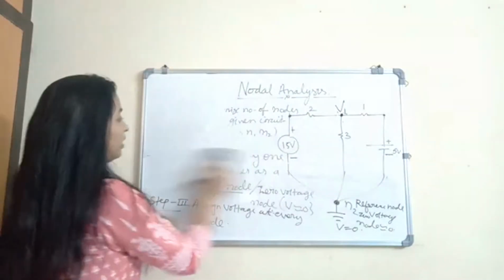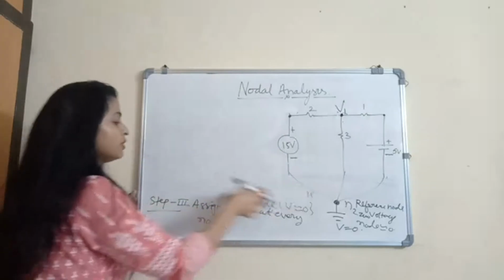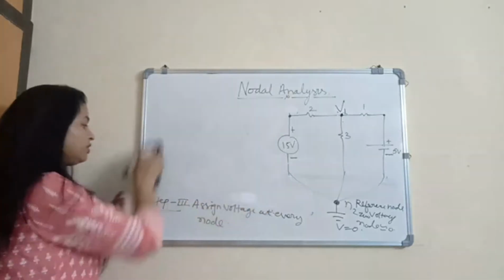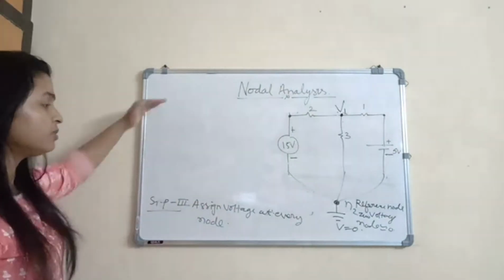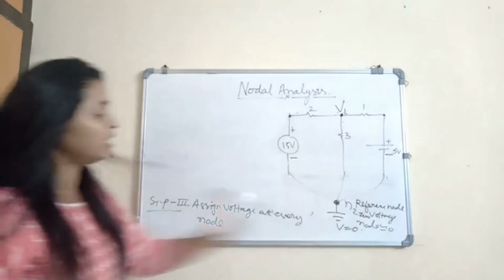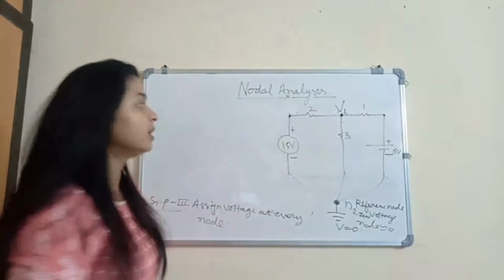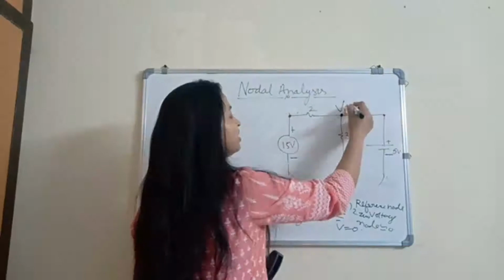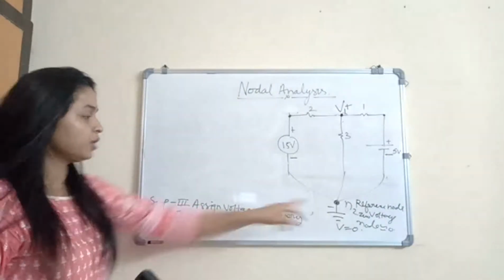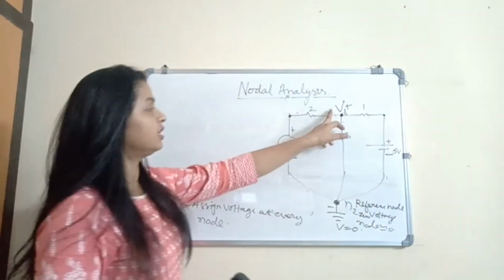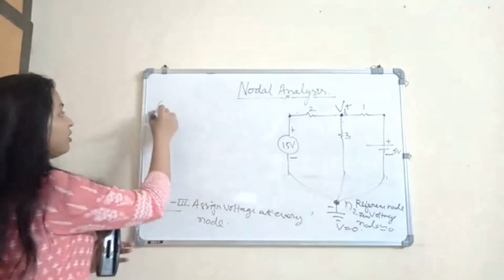Now, what else do we have to follow? Every time we have to follow all these steps. We cannot skip any step in between because these are pre-decided, or hierarchically designed. So this must be after this and after this. You cannot make the reference node after putting V1. So first design the reference, and only then can we apply this. Because this represents my voltage here as plus, and already in my previous step I mentioned that the negative is connected to ground. With respect to this plus and this minus, I need to apply Kirchhoff's current law.